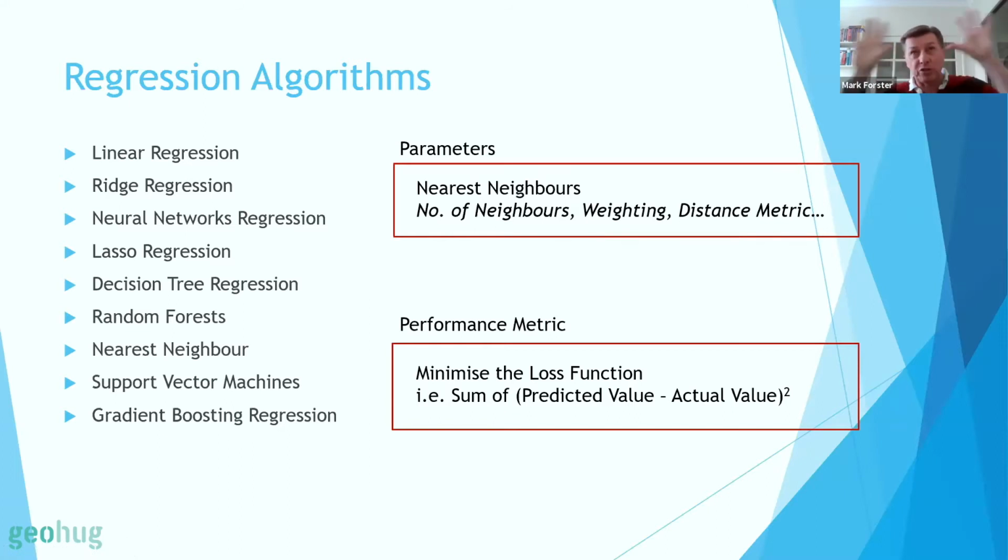If you imagine your data set in a 2-dimensional space, there are distances between those data points. And of course, in that previous example, we actually have 14 different dimensions. So you can't visualize it, but that's what's happening. There's a distance between those points. So you can say whether the weighting is uniform or distance-based. And then there are also things like distance metrics. Every one of these algorithms has a different set of parameters, and it's knowing how to manipulate those parameters that drives your best solution, as it were.